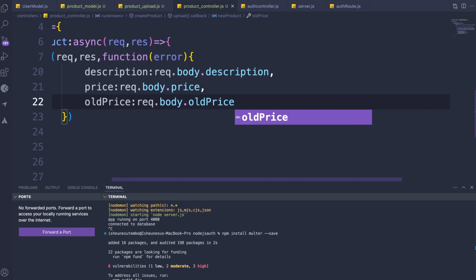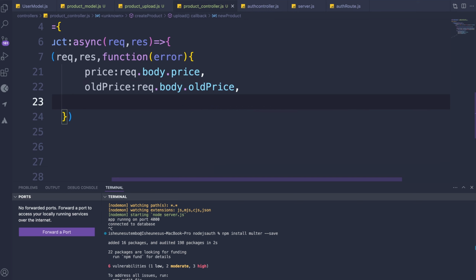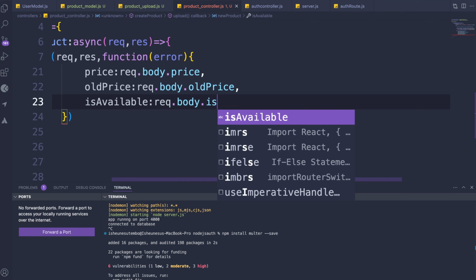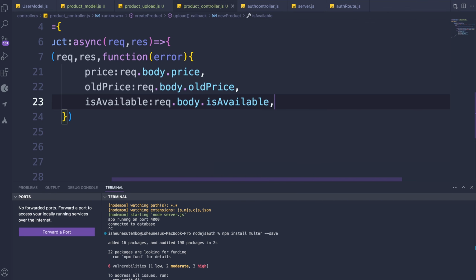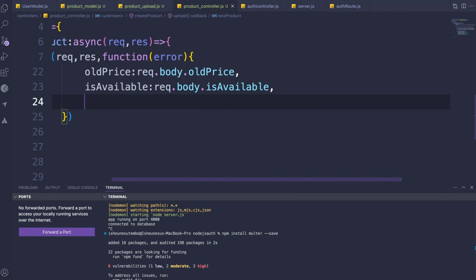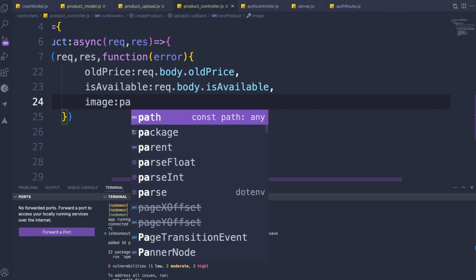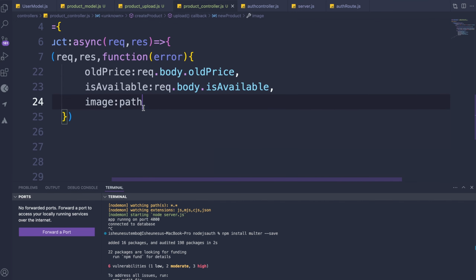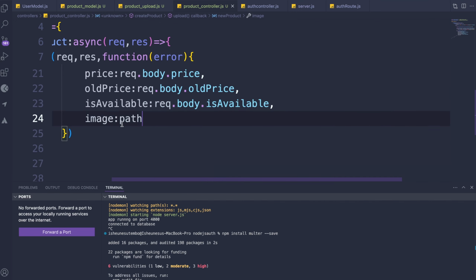Okay, odd price. And then we also need to do it for is available, which we are going to set to is available. And then for the path, for the image, we are just going to set it to the path, right? So now that we are done with this new product,